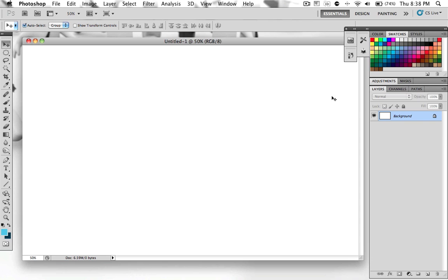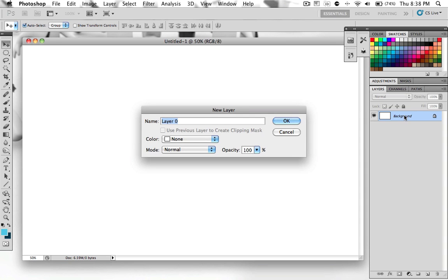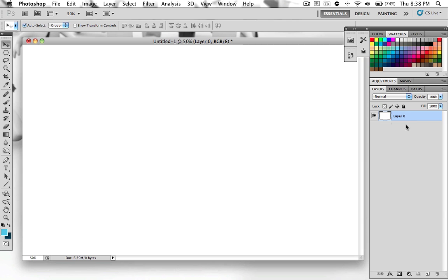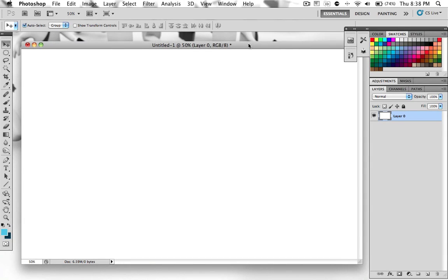And first off, we want to just double click on this background layer to make it editable and click OK. Now we can edit on this layer, and first off we want to create a really nice gradient. It's of your choosing, you don't have to. If you just want to make the text, go ahead, but if you want to make a gradient,